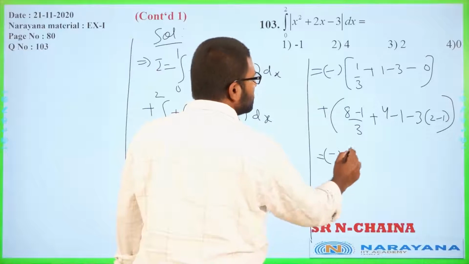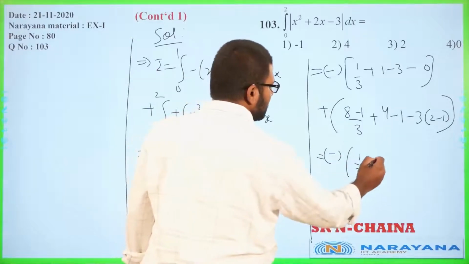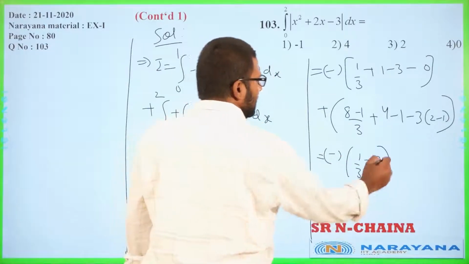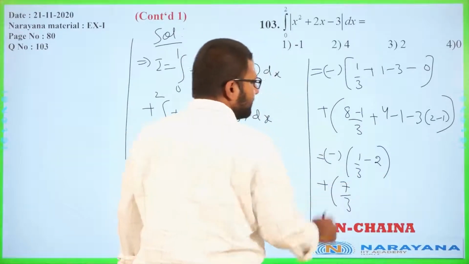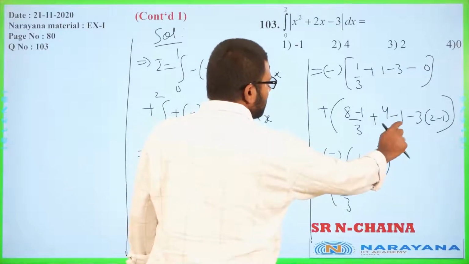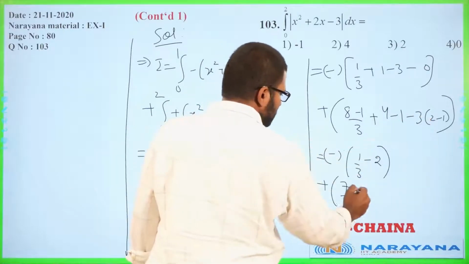So minus of 1 by 3 minus 2, and then plus, this is 7 by 3, 3 minus 3, so 0,